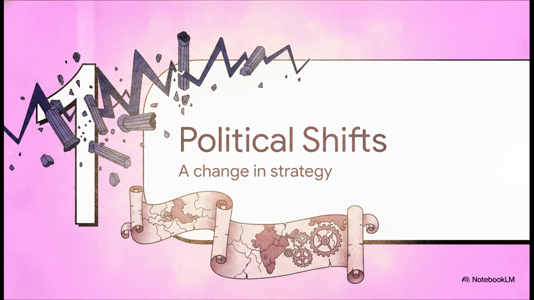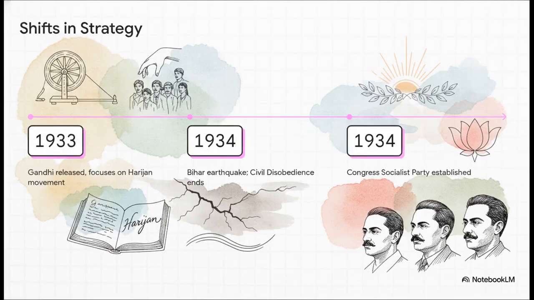Let's look at a massive pivot in 1933 that completely destabilized expectations and fractured the political strategy of the Indian National Congress. So, Gandhi's shift from civil disobedience to social reform against untouchability created this huge vacuum, which actually led to new socialist factions forming right inside the Congress. Our source notes detail that upon his release from jail in 1933, Gandhi basically dedicated himself entirely to this cause. He coined the term Harijan, started the Harijan Sevak Sangh, and even launched a weekly English newspaper. Then by 1934, right after a massive earthquake in Bihar, he officially ended the civil disobedience movement altogether.